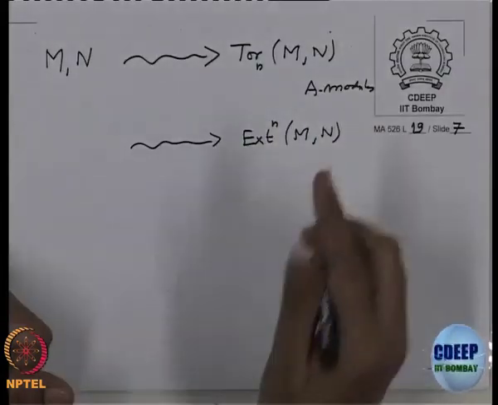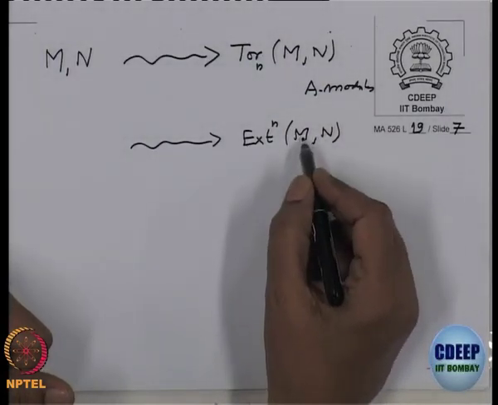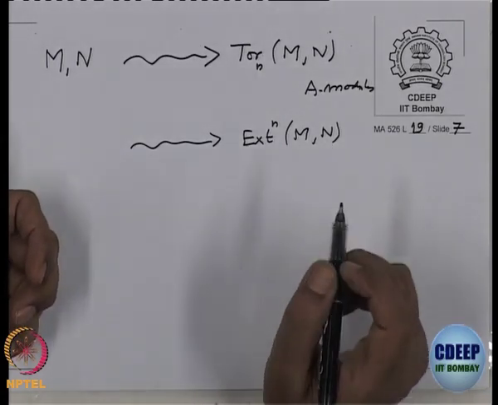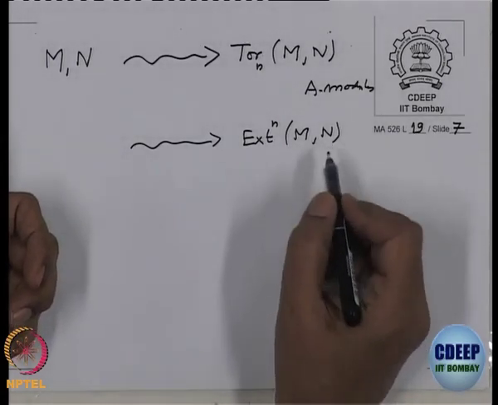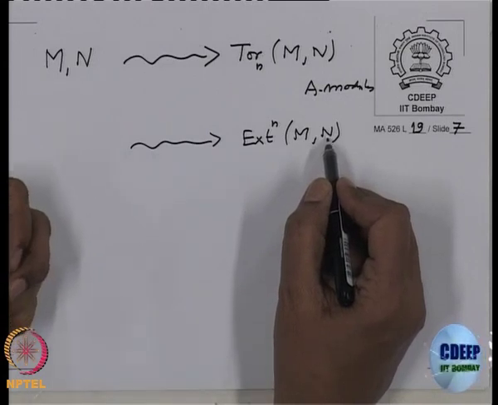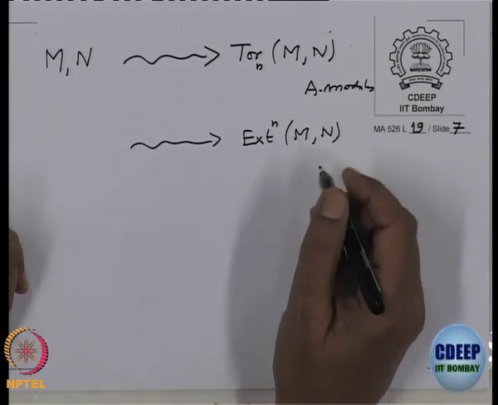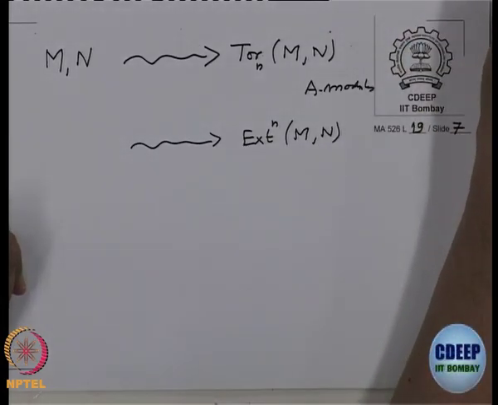So either you resolve M projectively and then take the homologies, or there is another way, which is more difficult than these projective modules, namely take the injective resolution of N and then apply home and then do the operation. But for a module, proving there is a projective resolution is relatively much easier than proving that every module has an injective resolution, because the structure of an injective module is much more complicated than that of projective modules.